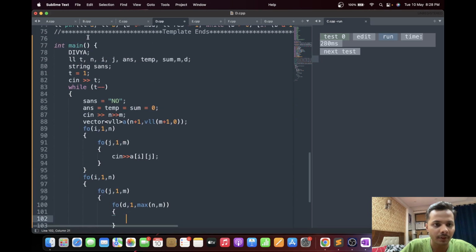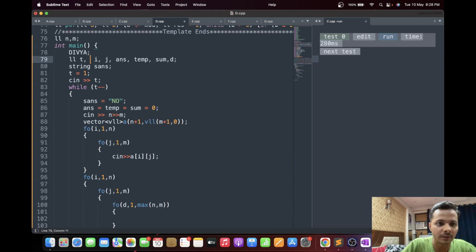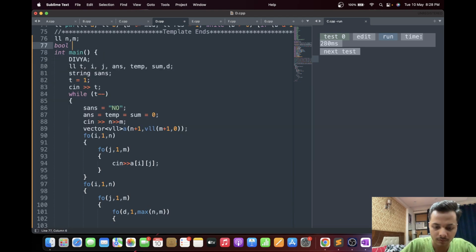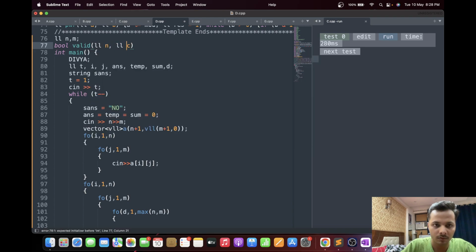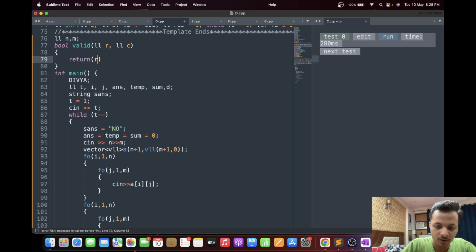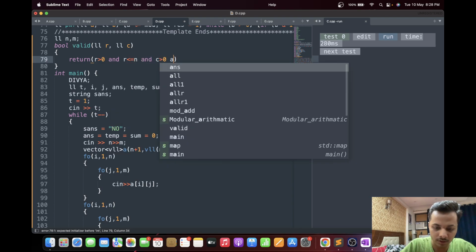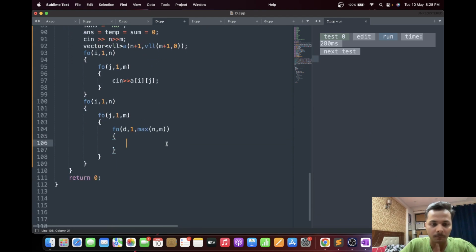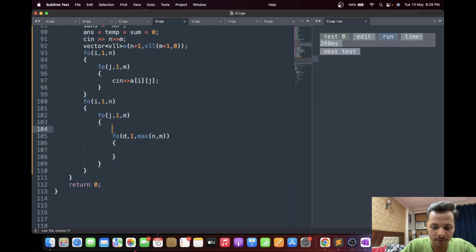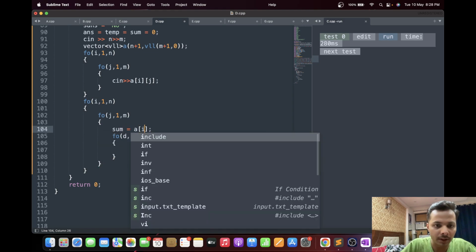Okay, let's just make n and m global so that we can write a valid function. So what we have to do is, r is greater than 0 and r is less than or equal to n, and c is greater than 0 and c is less than or equal to m. Okay, so we'll declare our current sum as 0 or maybe as a of i j.